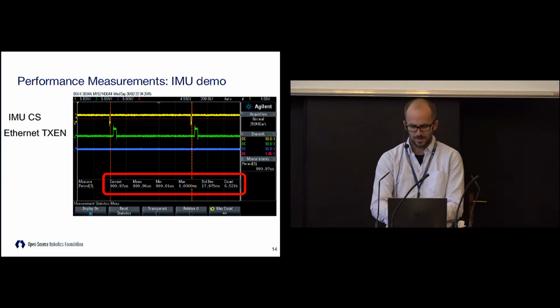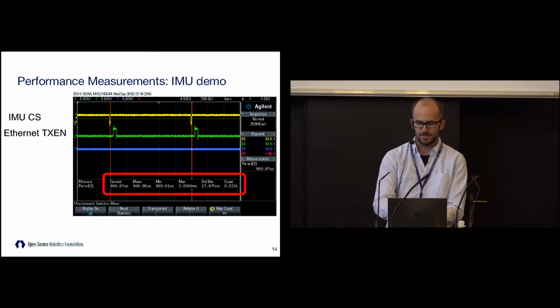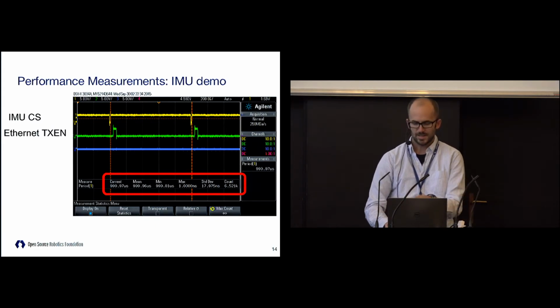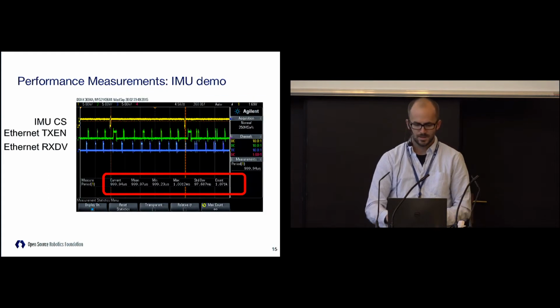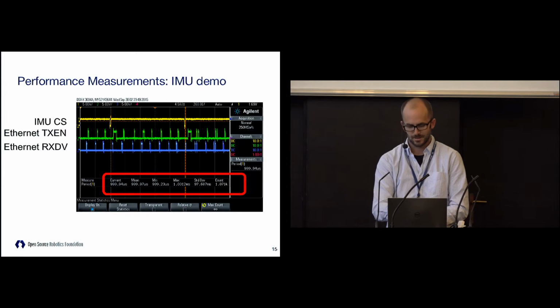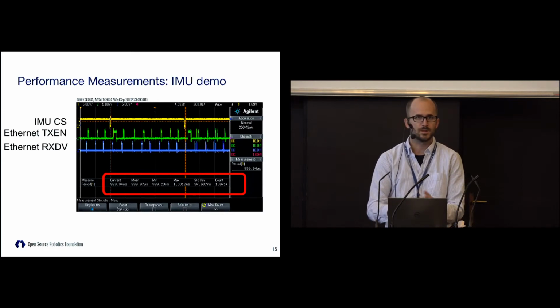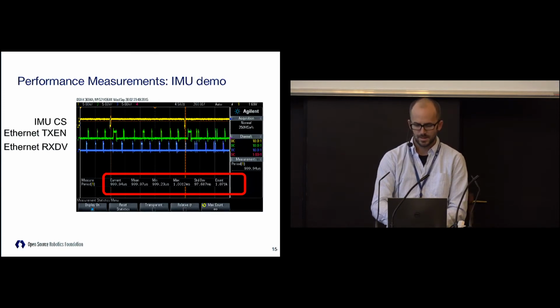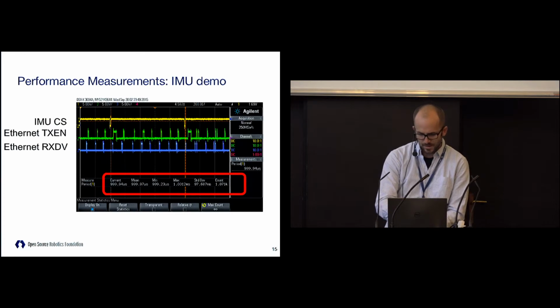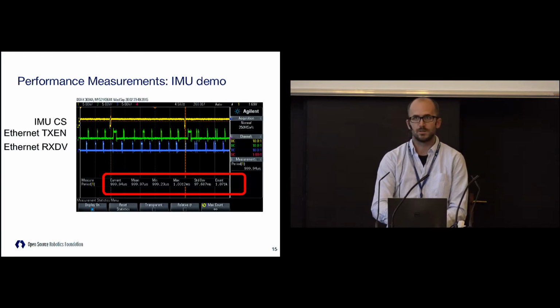But what we oftentimes care more about in real-time stuff is the worst case. And that shows we're getting the worst case there is about 200 nanoseconds. So that's great. But again, this is the best case. Nothing else is on the network. So to try to make it more difficult now, my workstation is pinging this poor microcontroller at 8 kilohertz, while it's also trying to give us the accelerometer back at 1 kilohertz. Now when there's more stuff going on, as you'd expect, there's more cache misses and there's more jitter happening. So now we're showing about a 2 microsecond jitter or so. This is on a 1 millisecond period, and we have 2 microseconds of jitter.